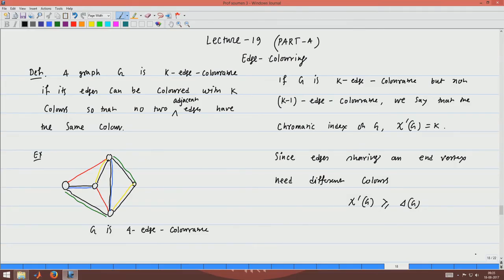So, here you can see that this node has the highest degree. Of course, this node also has the highest degree, that is 4.